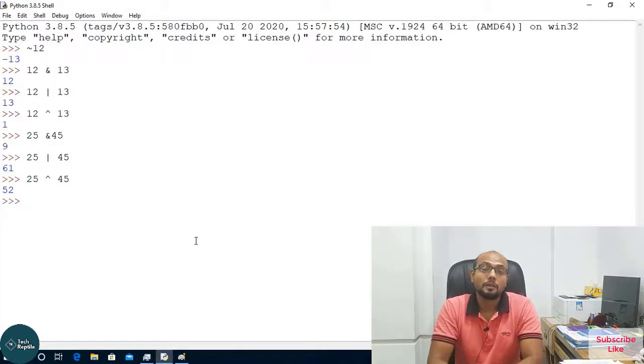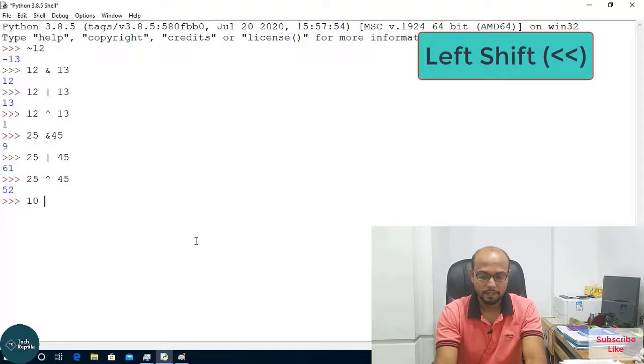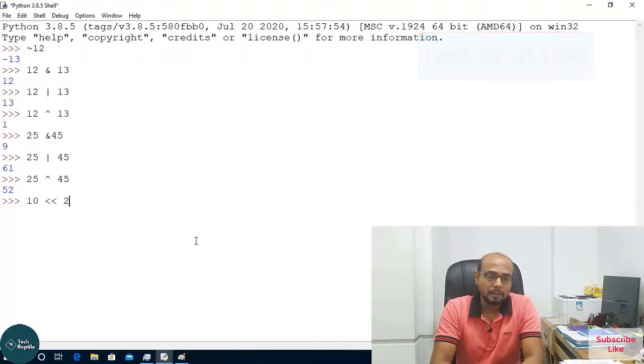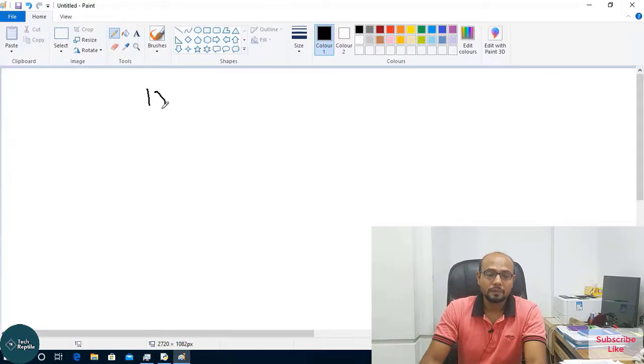Now it's time to talk about the left shift operator. Let's try to check the left shift operator. What does it mean? If I say 10, this sign denotes the left shift operator. I can say that 10 will be left shifted by 2 bits. And what will be the answer? It is giving 40. But how can I get 40? Let's calculate it. The binary of 10 is